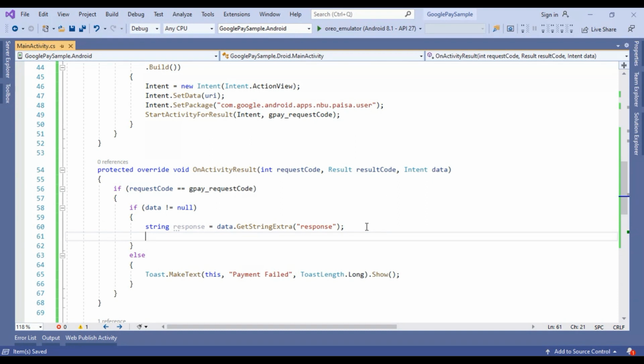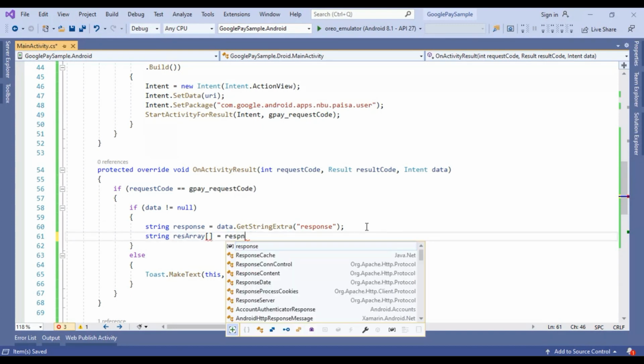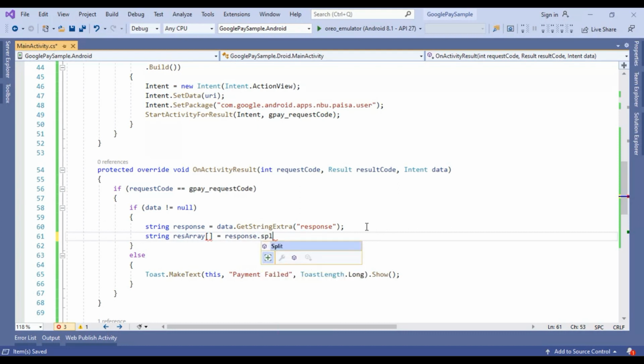Okay, so we are creating a string array as a response array, and inside this response array we are getting the response dot split, and we are splitting using this ampersand. So this response dot split method will split the response by ampersand.